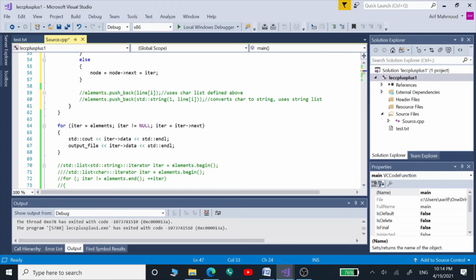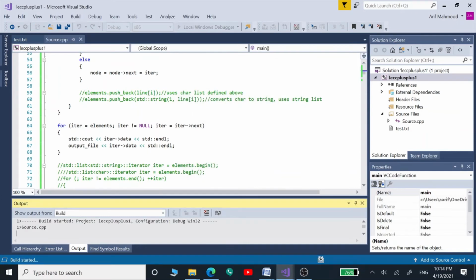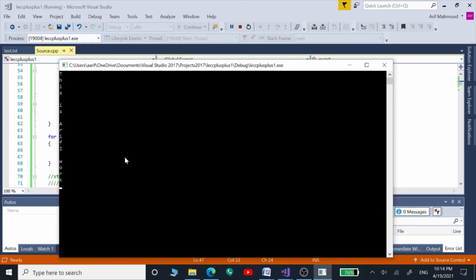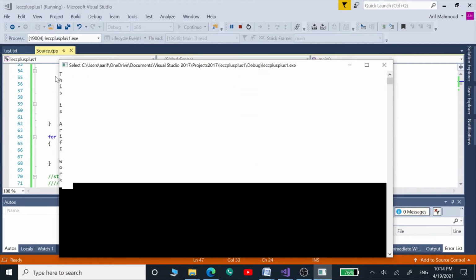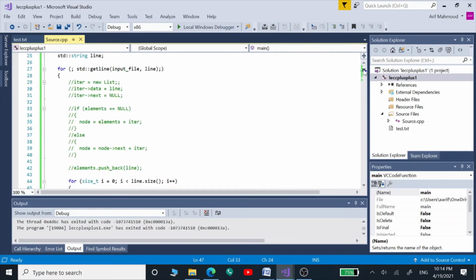And here we are going to use the same for loop to print out our characters, because the same for loop in a C++ program we can use to display our strings or characters. So now let's build and run this program, but this time this for loop is going to give us our characters from our list. These are now the characters, the individual letters which we can see on each line, including the spaces. So now we have converted our string list into a character list.